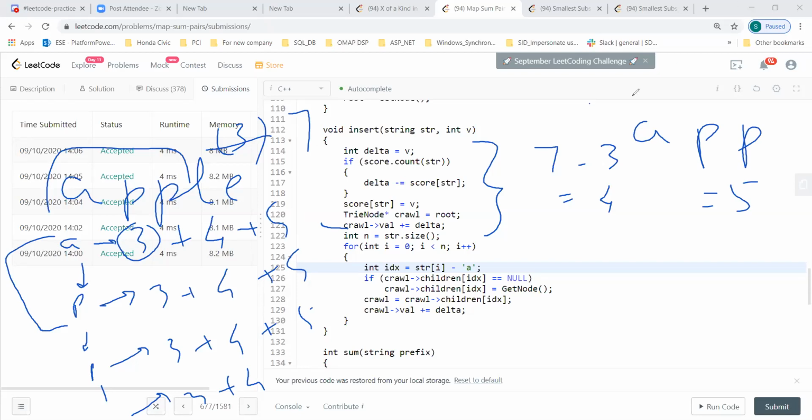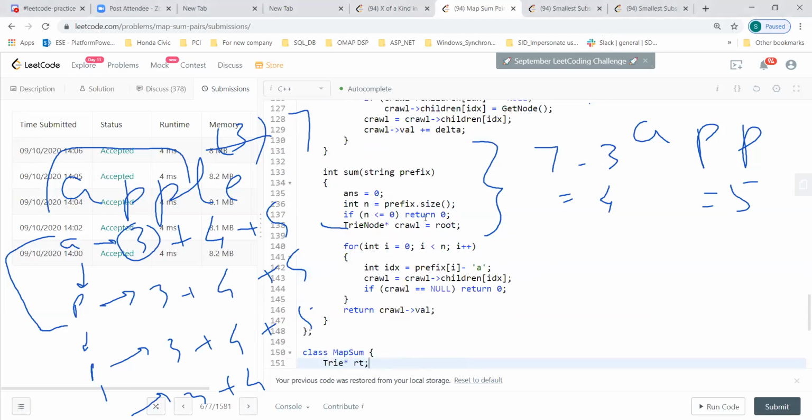In the sum function, it actually just runs through to the end of the prefix, and as soon as you get there, whatever the crawl value is, you just return it.